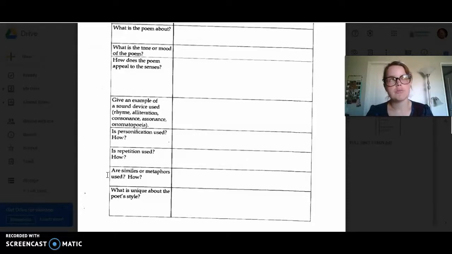Consonance, if I remember correctly, is the same thing as alliteration, but starting with a vowel, and then assonance is in the middle of the words having that sound the same, and then onomatopoeia is like bang, pow, kablam, or like meow, meow, you know, words that are supposed to sound like what they mean. So like horses braying, that's supposed to be the sound a horse makes, but it sounds nothing like it, right? That is an onomatopoeia. The dog barked, bark. That's supposed to sound like a dog barking, so that's an onomatopoeia.